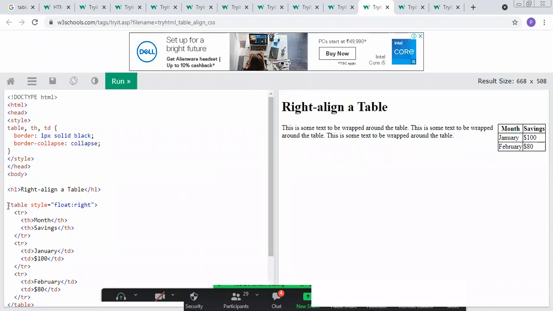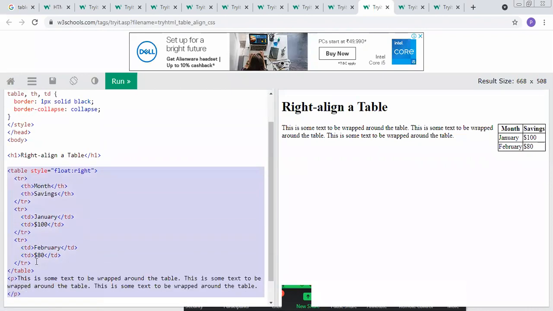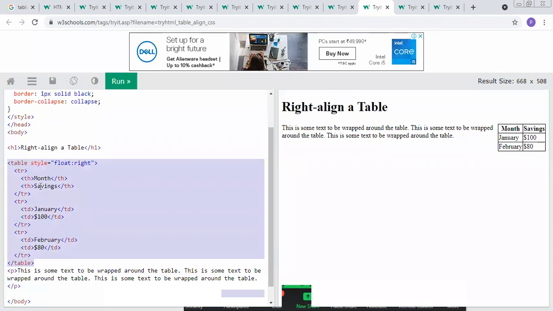So whenever we give the alignment to that particular table, we can give the table tag style is equal to double quotes float colon right. Right is the alignment through which we give the alignment to that particular table, and the remaining structure of that particular thing remains as it is.